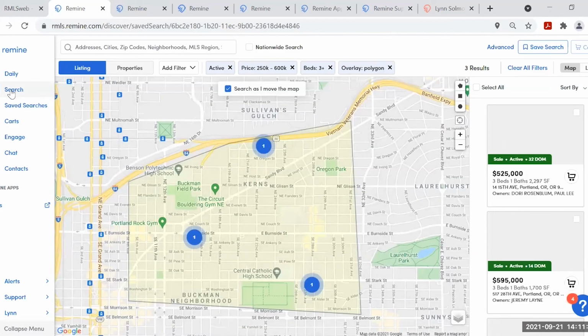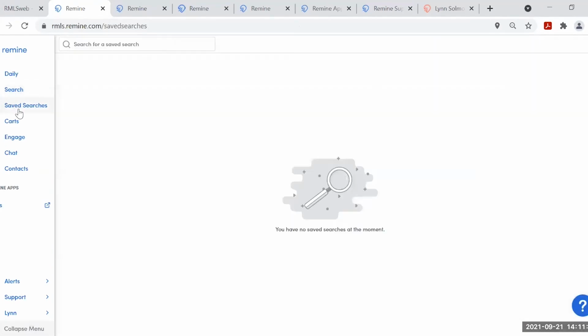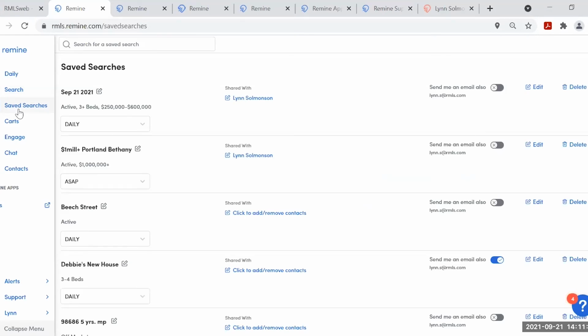Okay, and as I said, the saved searches tab, that used to be kind of hidden, and I'm so glad they brought it out and gave it its own tab. It was kind of hard to find before. So you can see the saved searches that you have set up. If they're set up on auto email for a particular client, you can edit that here. Again, send me an email also, copy yourself or not, change that. There is a delete button as well.